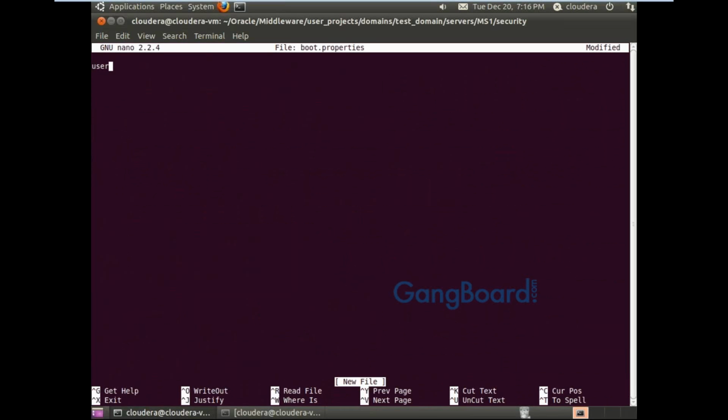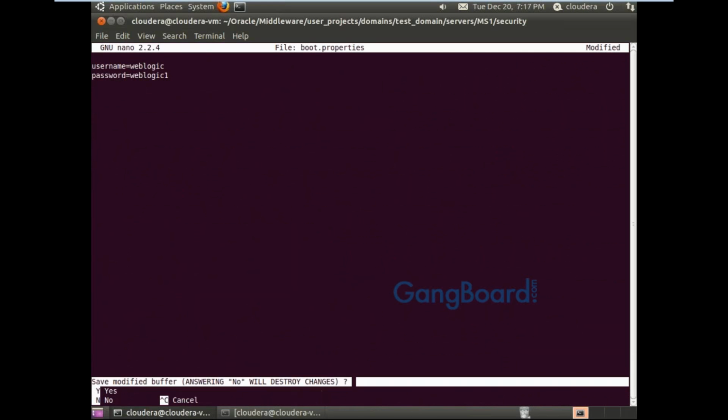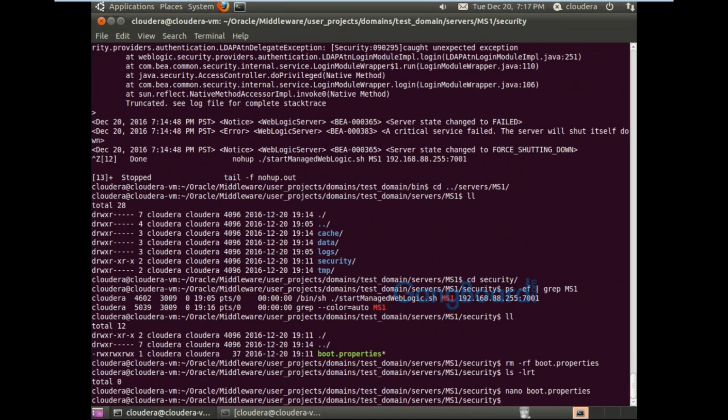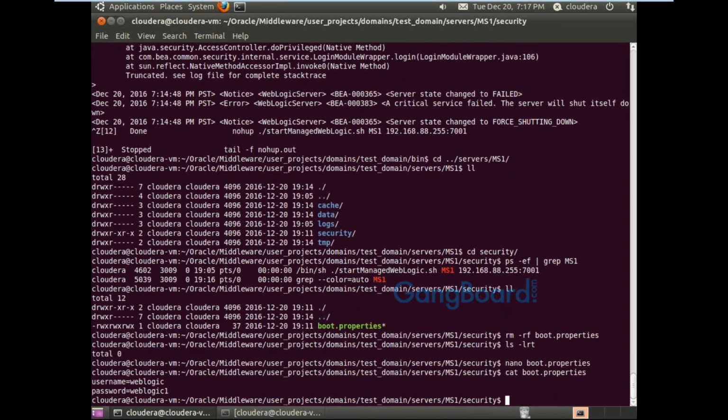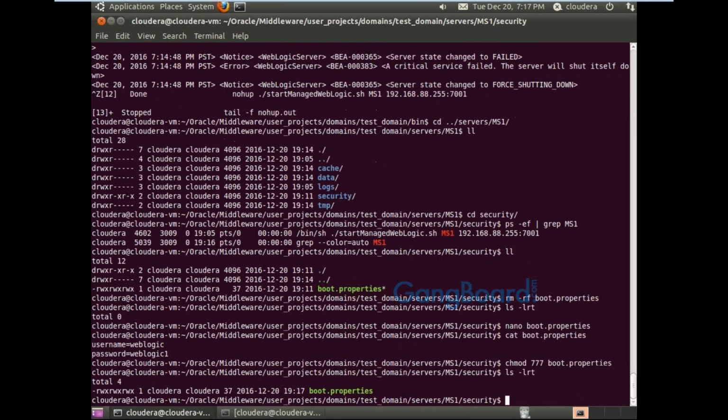Username is equal to weblogic, password is equal to weblogic1. Cat boot.properties, to check that this is correct. Boot.properties has all the permissions.